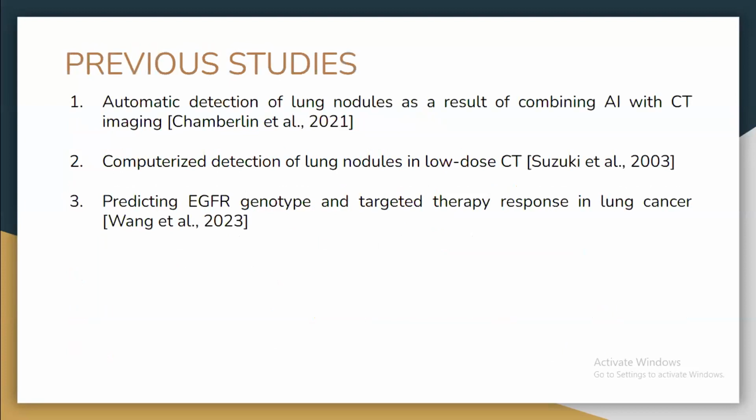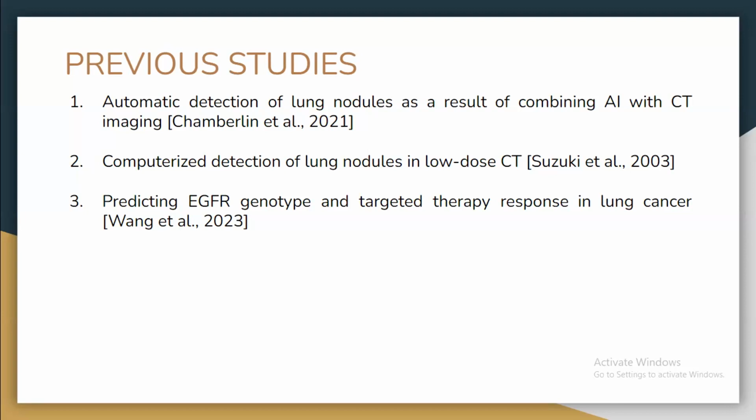So then we did a little bit of literature survey also. And we found that there were some papers, some authors who have worked on automatic detection of lung nodules, where they combine artificial intelligence and CT scan. But nobody had combined the genomic data. They worked only on CT scan and artificial intelligence. So what we brought in is another set, that is the genomic data, in the equation.